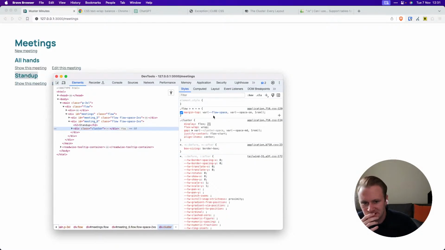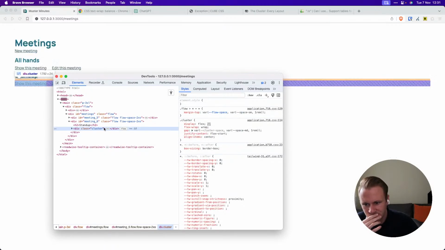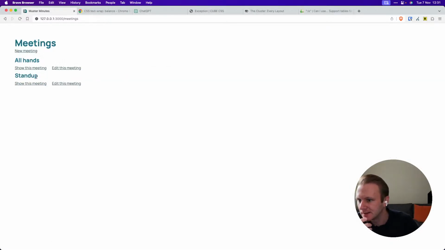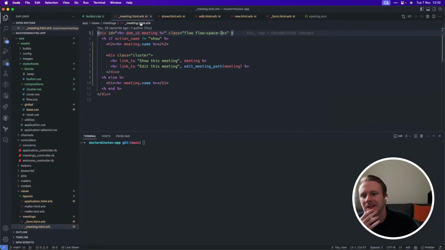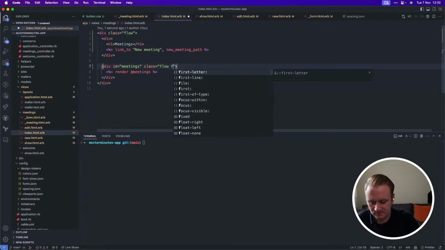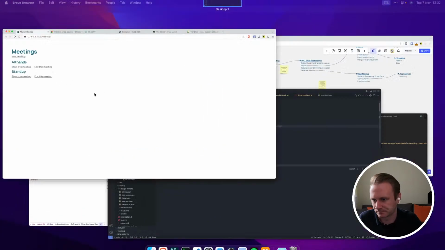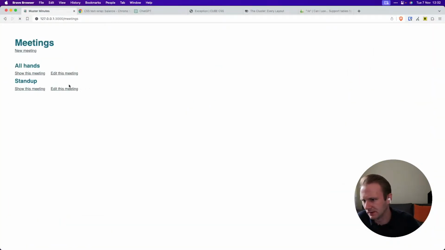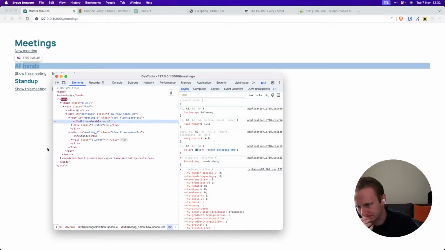Did that actually? Yeah, that does have a property there. But now it feels like the text of the show meeting, edit the meeting is closer to the stand-up, which means that the index, no, maybe it is, yeah, here. Flow space large. No, that's not right. Increasing the meet space up there, but actually